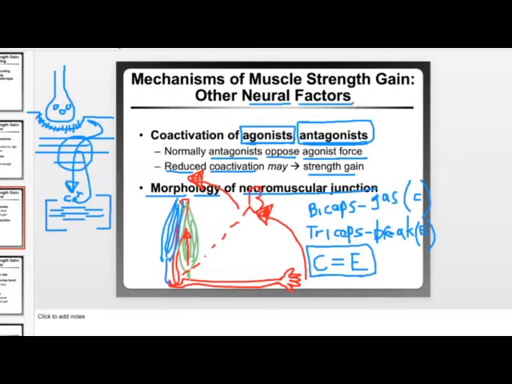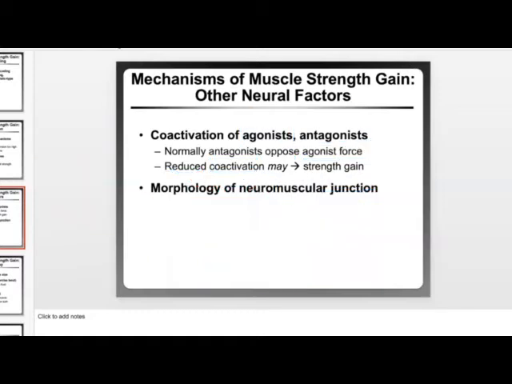But up until here, up until slide 14, we really haven't talked at all about any of the muscular physiological changes that are occurring due to resistance exercising. We're only talking about the way that the brain has adapted. So the next couple of slides talk about how the muscles will adapt.